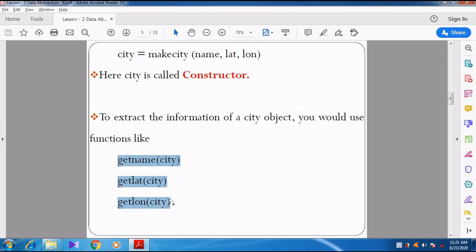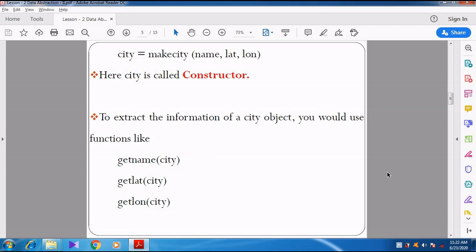These three functions are called selectors, whereas make city is called the constructor, and city is called the object.